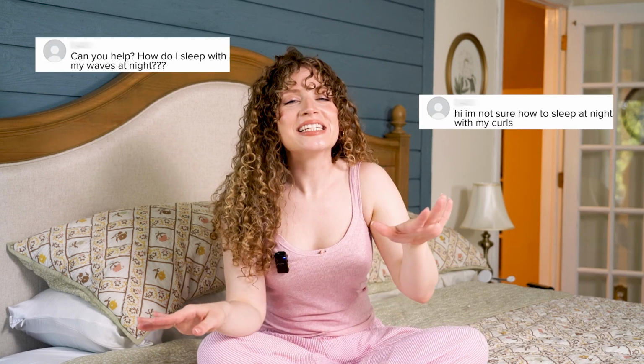Everyone is always asking me in my comments how to sleep with your curls at night. And I have answered it a million times, but no one seems to listen. So maybe if I actually just walk you through my 3-step foolproof method, you'll finally be able to recreate this at home. Because while this may seem simple, if you do one step wrong, it can leave you waking up